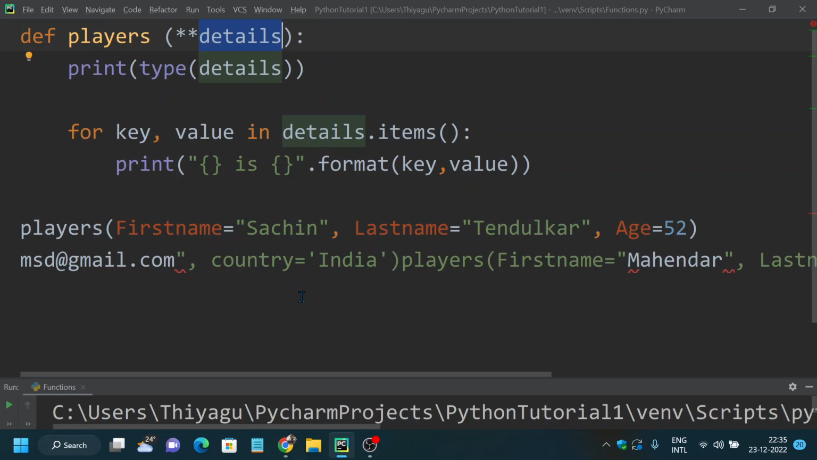Now I hope you understood the difference between argument and keyword argument. I would suggest you try this on your own, and if you have any